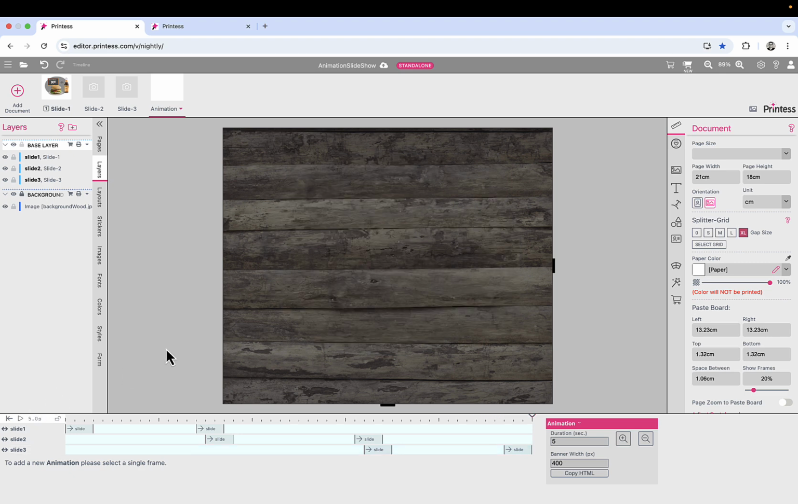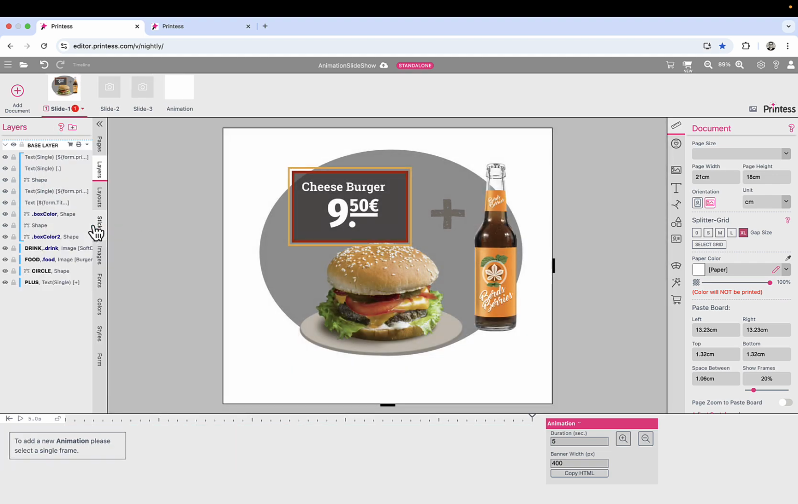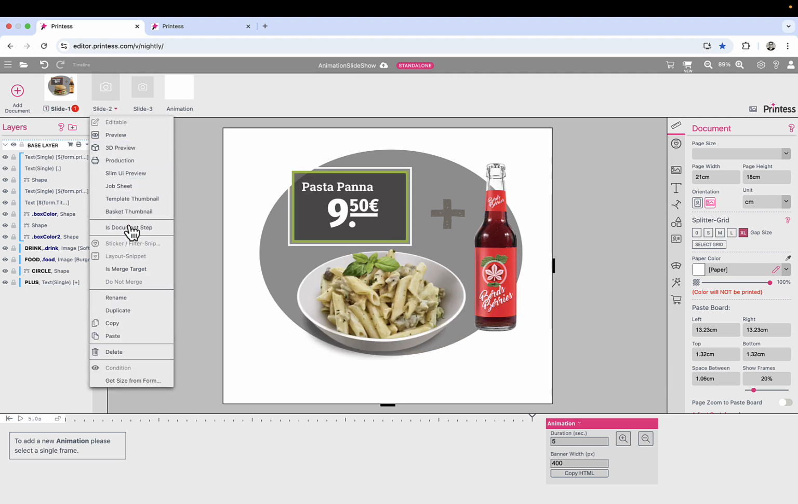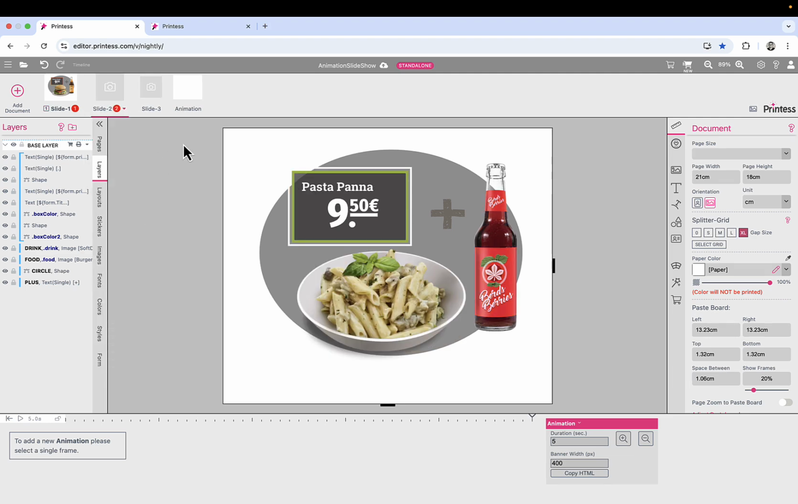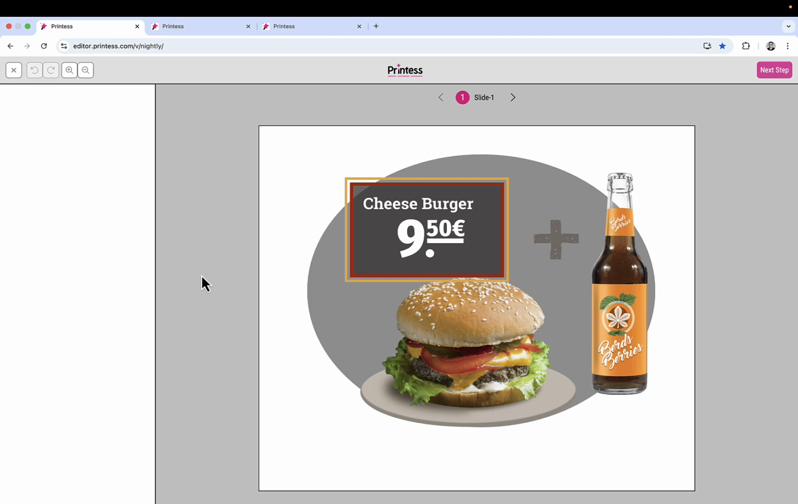But to make the content of the 3 slides editable, we have to set them all to editable, or in this case, the better option, we will define each single document as a document step, because then the buyer can't skip one of those. He has to really go through it step by step, and it will always end with the animation. So if we now go to the buyer side to give it a try, we don't see any form